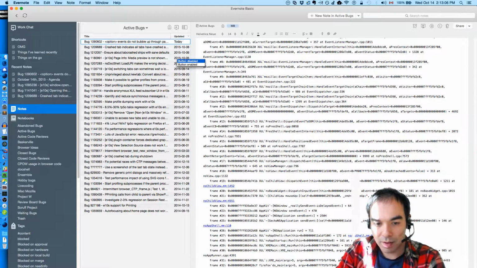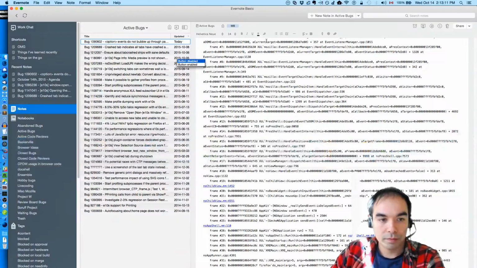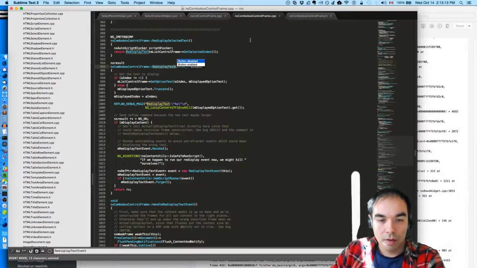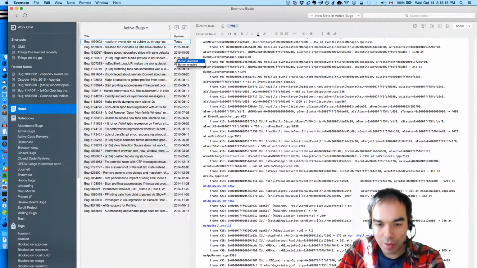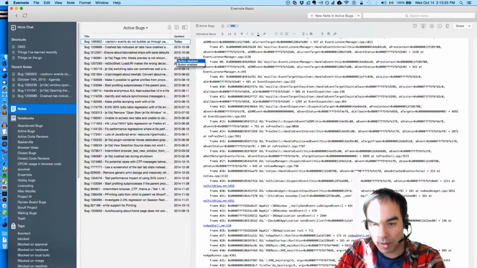NS list control frame equals the thing that is shown as a pop-up in the single select case, but can also be shown for the multiple select case inline in content, or embedded in content.